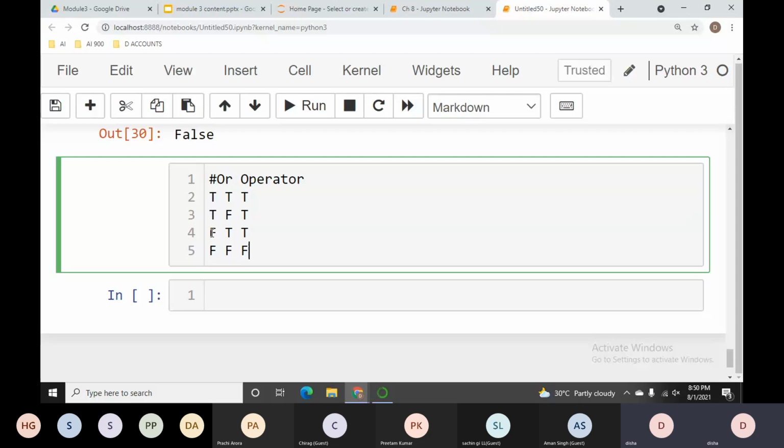Now, in another case, if your first result is false, and when our first operand is false and the second operand is true, at that time I'm getting the result true, but when both the operands are false, at that time I'm getting false. So based on that, you will just keep this table in your mind.